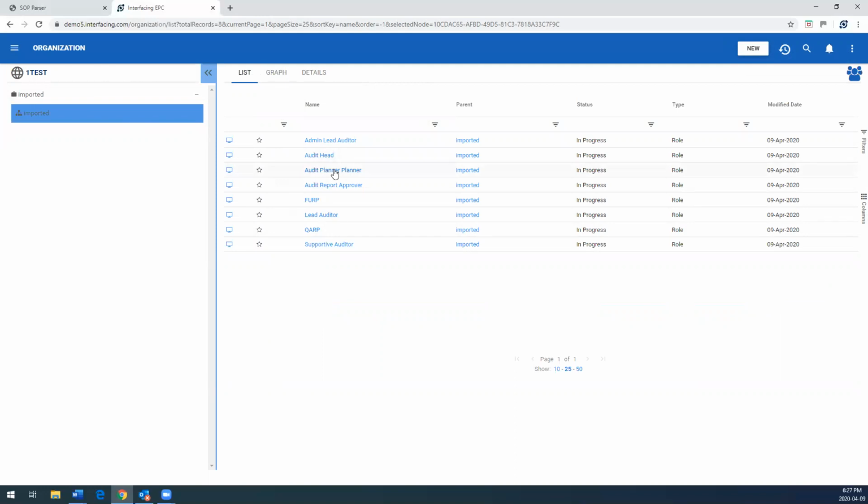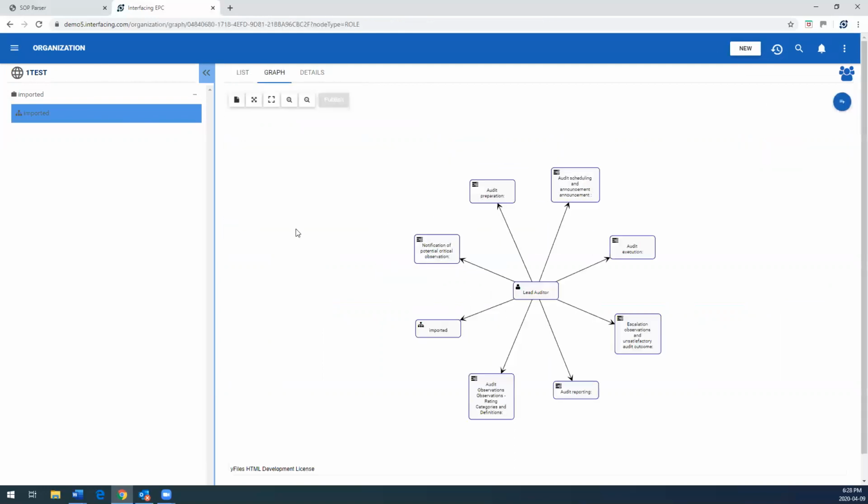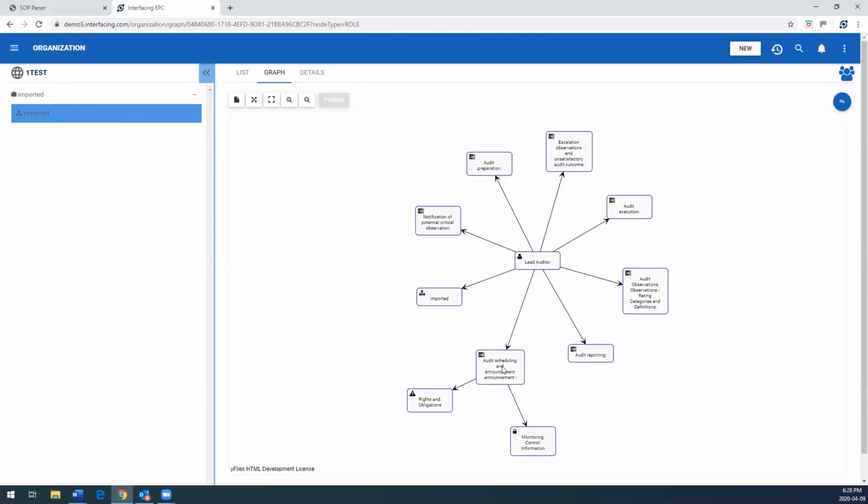And against all of this information, we can see all the touch points within a specific role. So if I click on the lead auditor, that same role was linked to multiple different sub-processes during this import. And you can actually extend all the information associated with any of those sub-processes as well, meaning audit scheduling and announcement actually had the rights and obligations risk and to monitor control information as a control that mitigates that